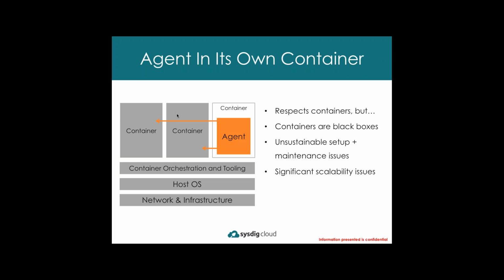Now, to be fair, you can get a little bit of visibility. Docker containers, for example, will export metrics about themselves over the Docker Stats API, so you can see things like CPU and memory usage as reported by the container. But I think a kind of apt metaphor here is back to the world of VMs. Imagine this like hypervisor visibility for monitoring in your virtualized world.